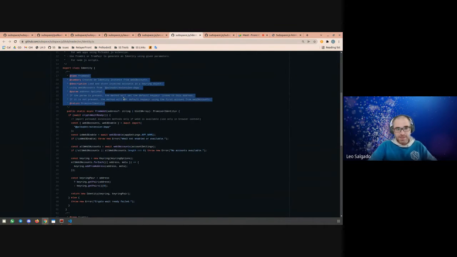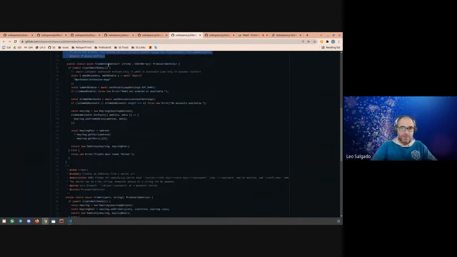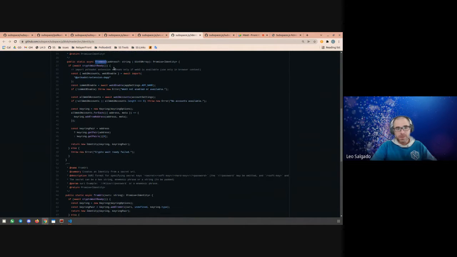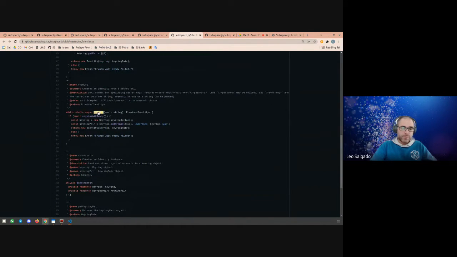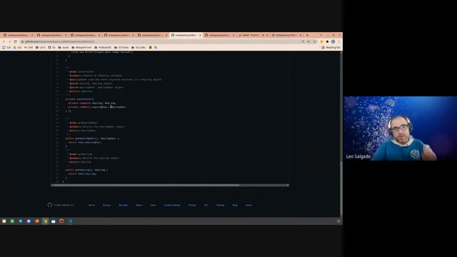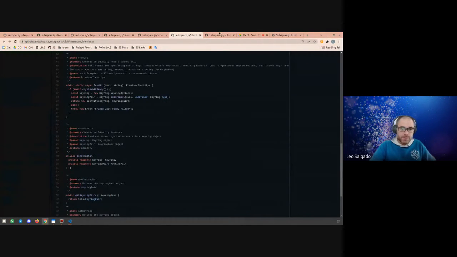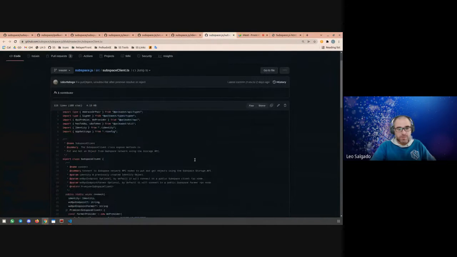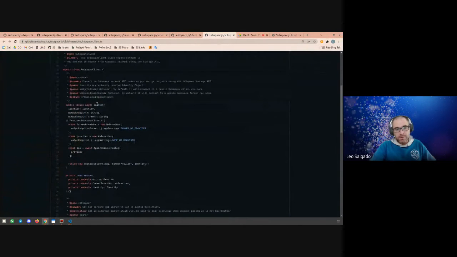Maybe the syntax could be improved a little, but we are exposing this method to load an account from web extensions and to load an account from a seed. All the examples run with a sample seed from Alice, and what the constructor does and what it returns, and the same for the Subspace client, how to create this instance with the connect method, what it receives,